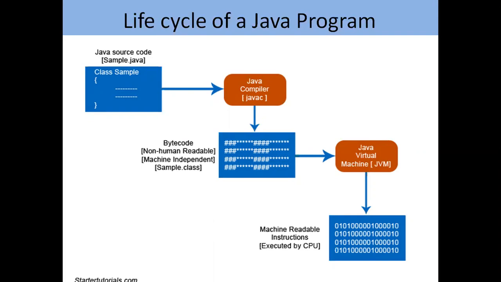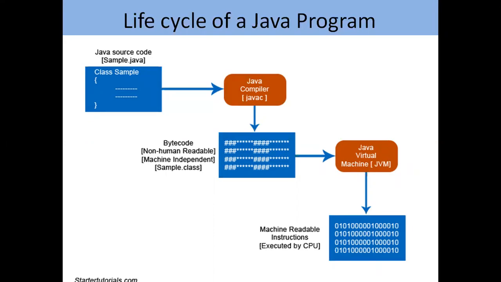After that, the last step, execution: the bytecode generated by the compiler will be executed by the Java Virtual Machine. The input to the Java Virtual Machine is the bytecode, and the output is machine code, which is a combination of zeros and ones, because this is the only thing understandable by a machine, and it is executed by the CPU of the local machine. A machine can't understand the program given at the point of editing, so it will be converted into bytecode, and finally into machine readable format, which is zeros and ones.